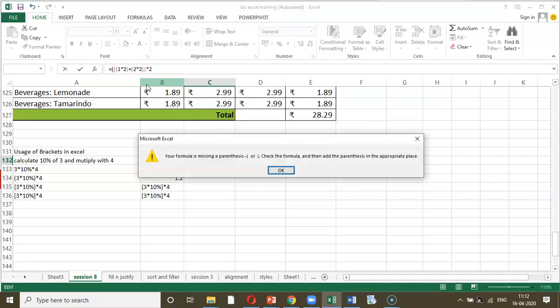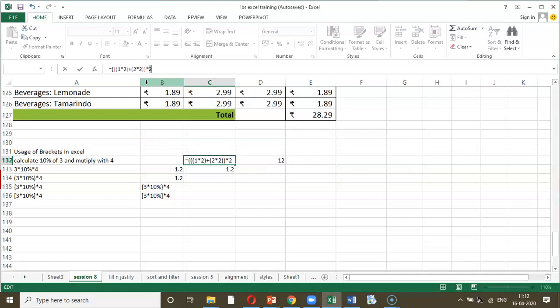So this coloration technique is very much used in order to give emphasis on closing of the formula. Hence, if I close this formula and press enter, you can see the answer has been arrived at. So you need to use the brackets, and very importantly, whenever you are formulating a bracket, look at this color scheme and try to match each bracket with the color scheme so that your formula is complete.